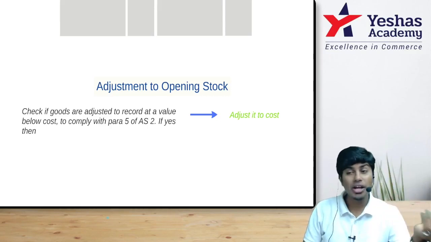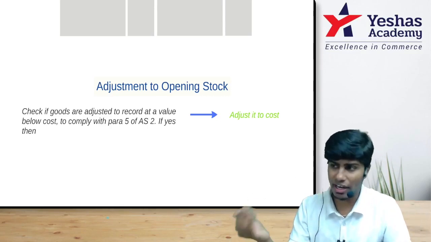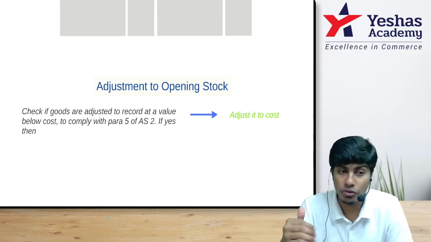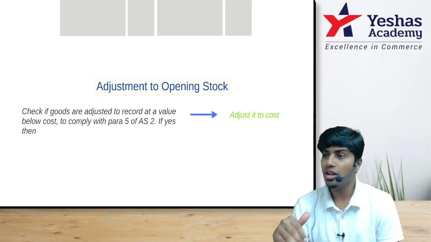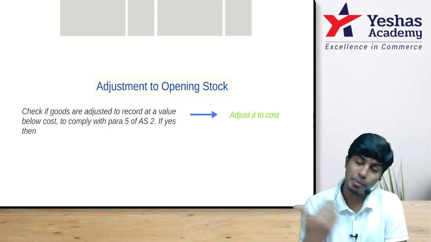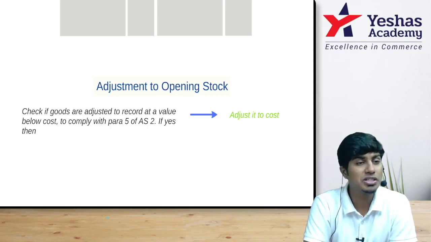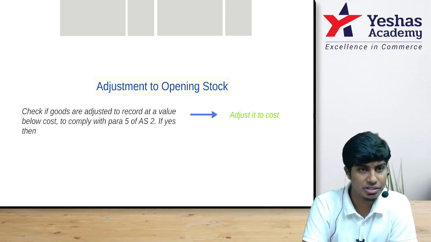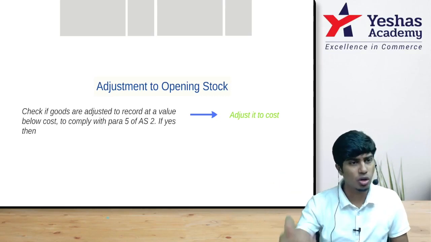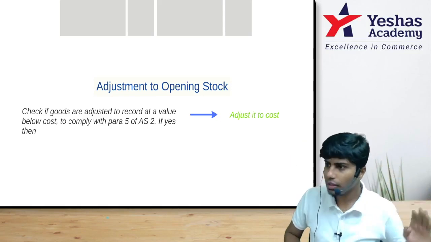Why do we write 20 to P&L? If you sell that stock, you'll make a 20 loss, but you've not yet sold. But conservatism tells us that we need not record expenses and losses at the time of actual happening, but we can prepone them to the time when we expect them to happen. Expected expenses and losses should be provided for by conservatism. So even though your goods worth rupees 100 have a market price that has gone down to 80, and you have not yet sold, still you will record 20 rupees as loss by conservatism.